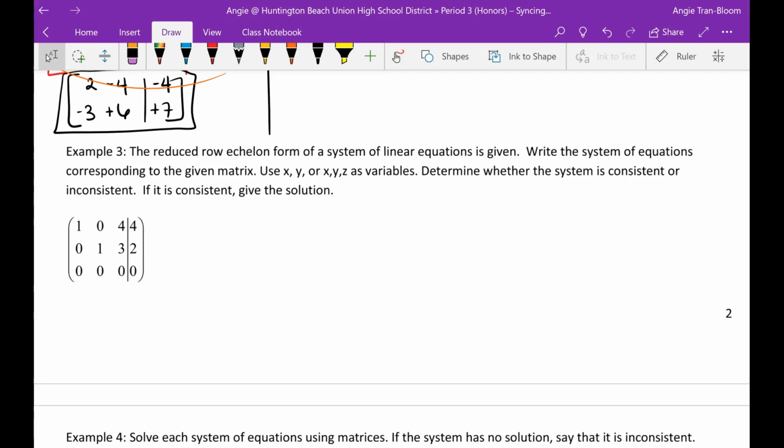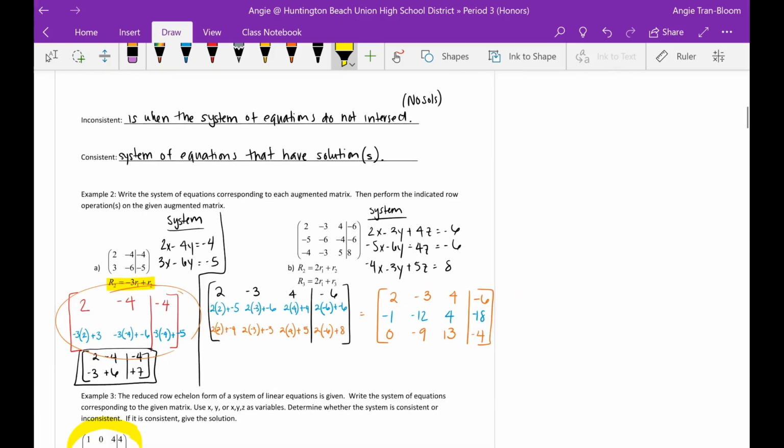Okay, so this is given to you as an augmented matrix. This one's given to you as reduced row echelon form. That means the diagonals all are 1, supposedly. Well, check out this last one, right? That last row, it's all zeros. And remember, in the reduced form,